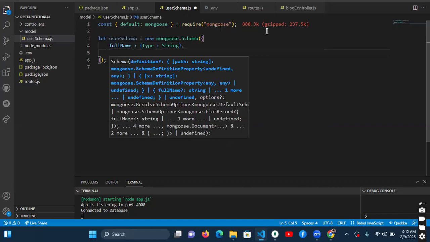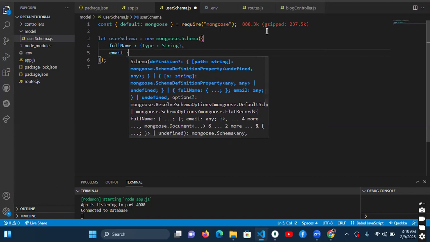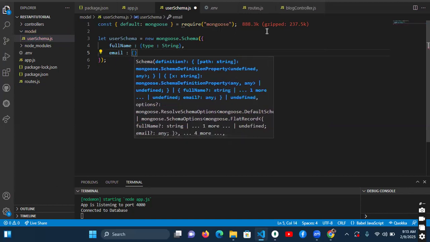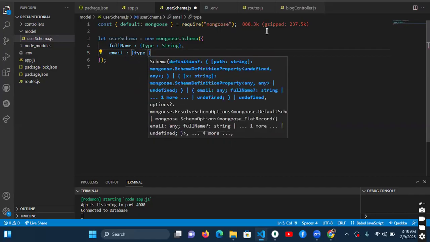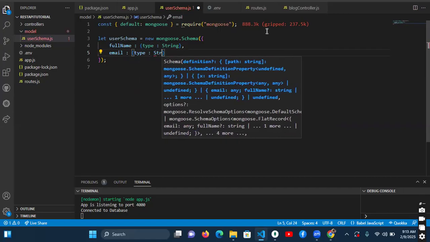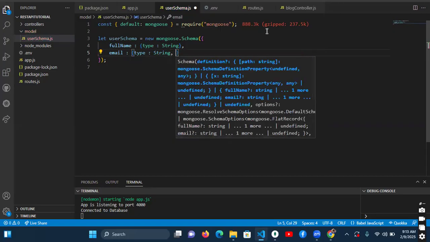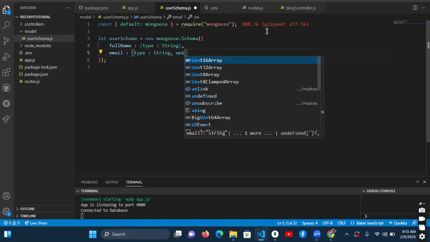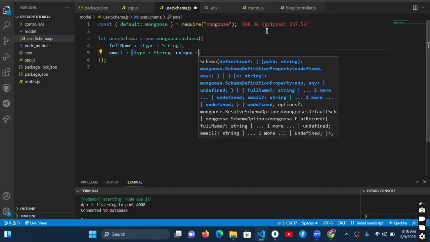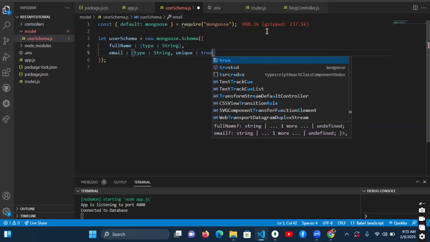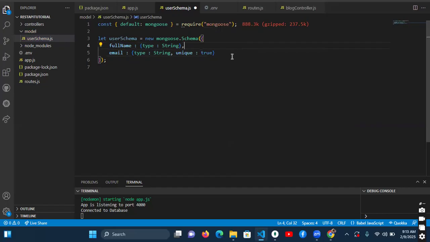So let's go to username, or what we will call the email. Now, in this case, you agree with me that you can actually want it to be unique. So you can say the type you want is a string, and you can say unique. You want it to be unique, and you can bring that and say true. So it could be true, or it could be false, as the case may be. So if you want it to be unique, you're just going to say unique, true, right,